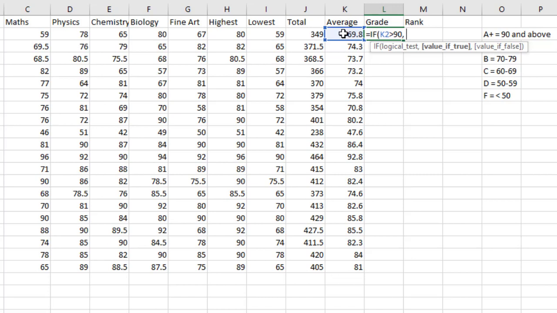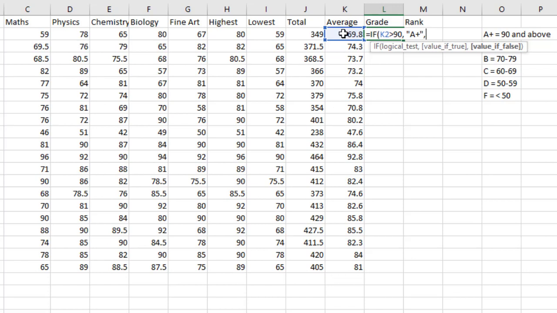So you use the double quotation mark, and then you give what should be assigned to that student. So here we are saying that if this student score 90 and above, give the student A plus,